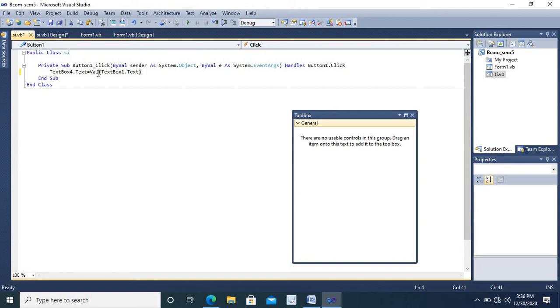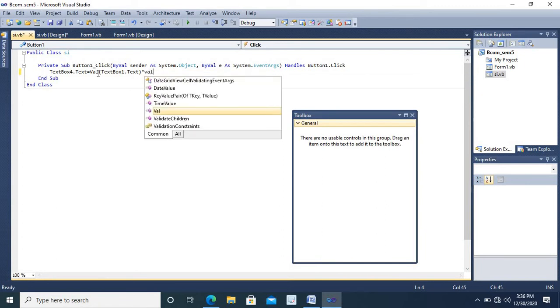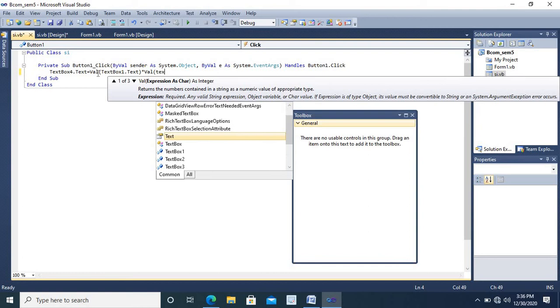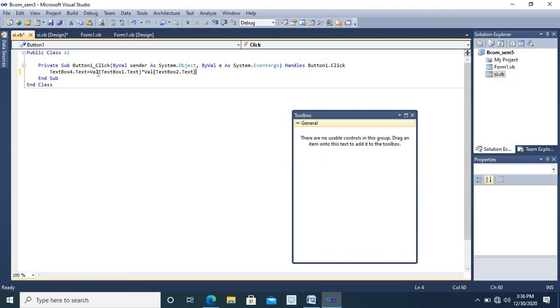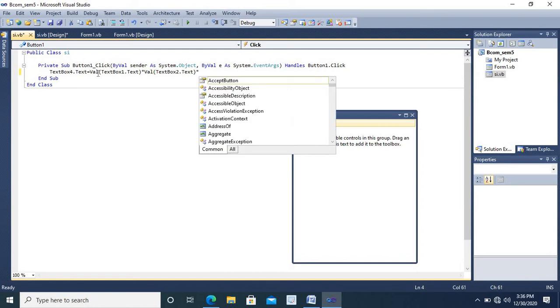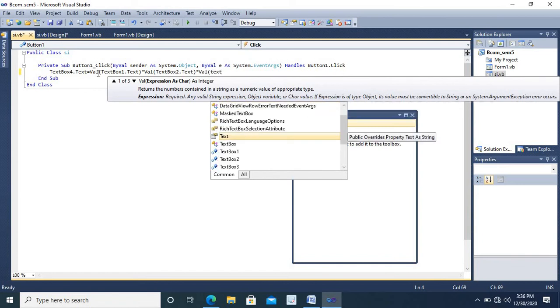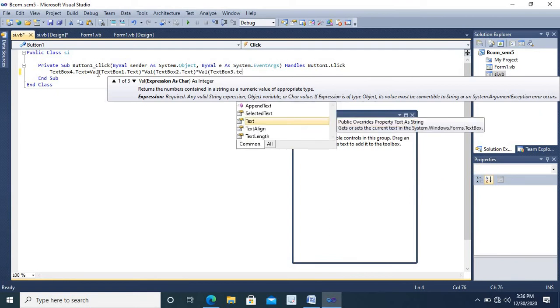P into T. T is present in the second text box. So here we need to write Val of TextBox2.Text into R. R is in the third text box. So Val of TextBox3.Text.